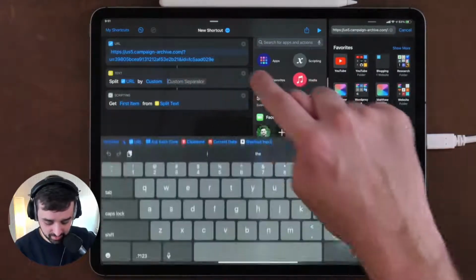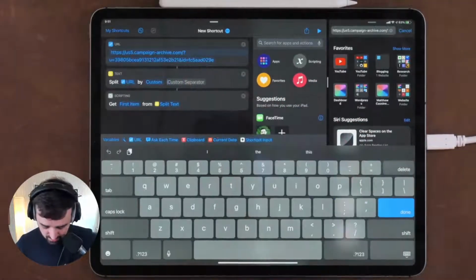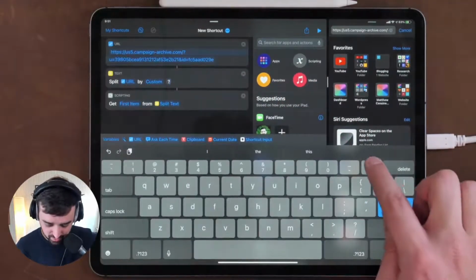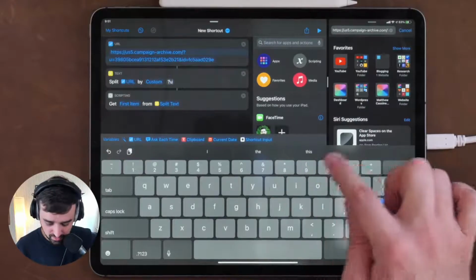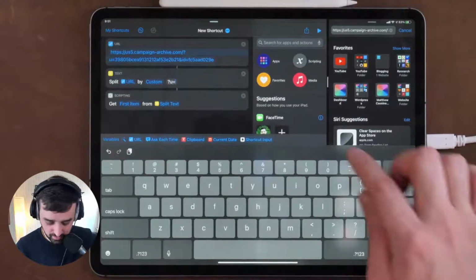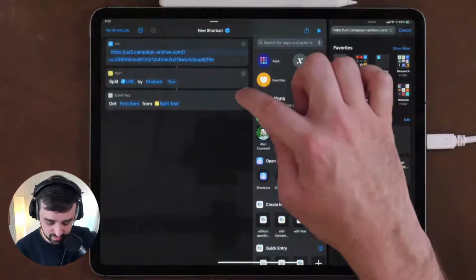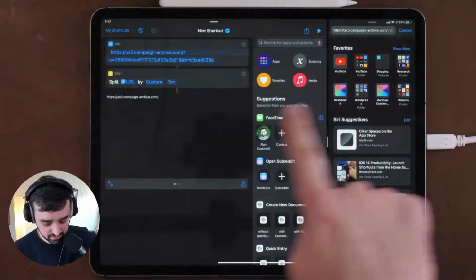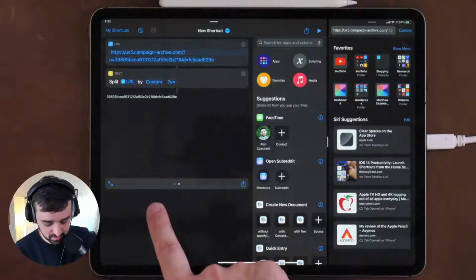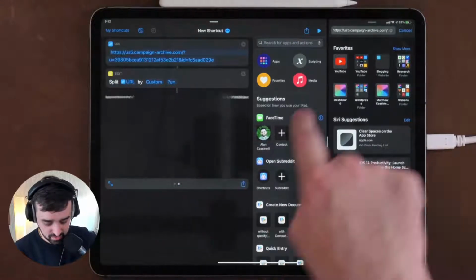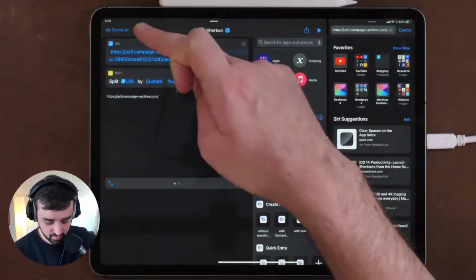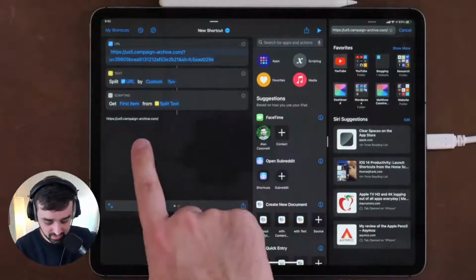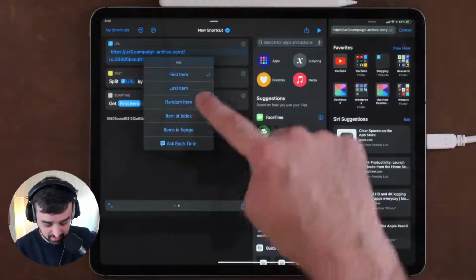I guess I don't need to do backslashes. There's a unique character, which is question mark U equals. And then this will generate basically two separate items out of that. So there's the first half of the URL, and then there's the second half of the URL. And then basically with get item from list, I can choose to get that first item, get the second or